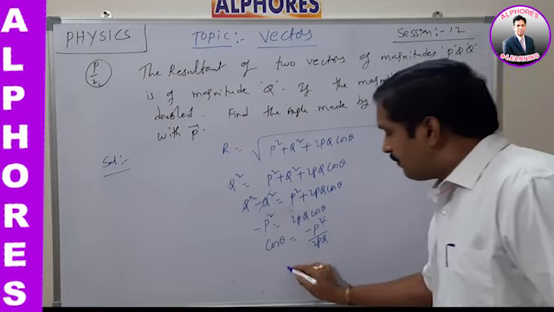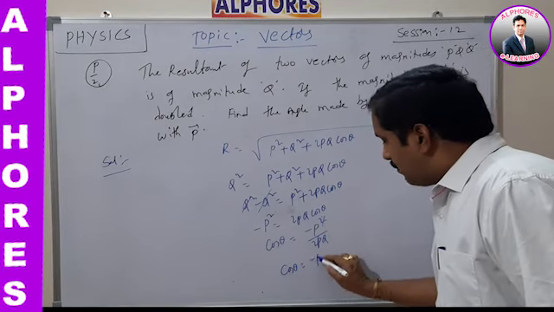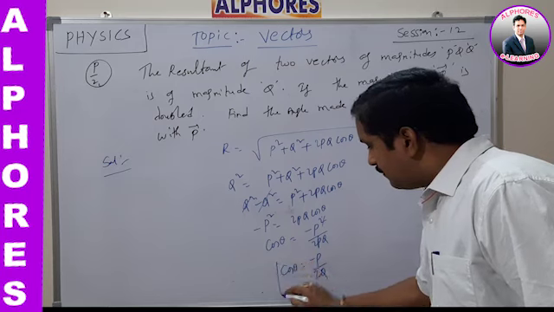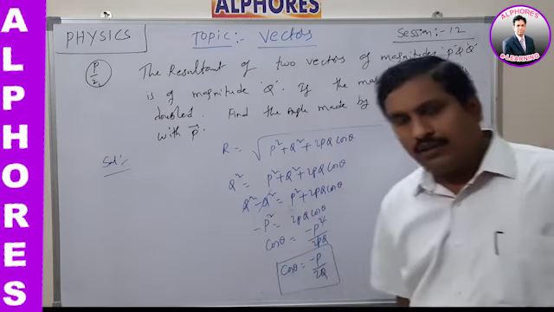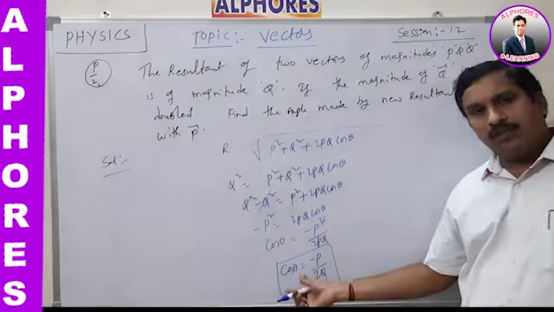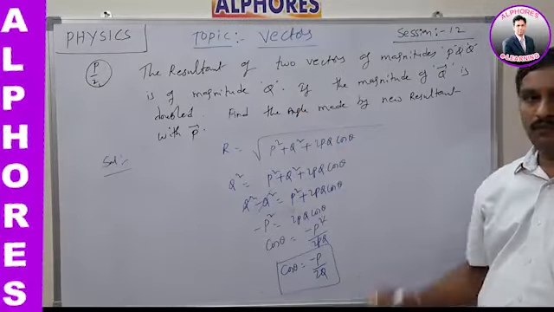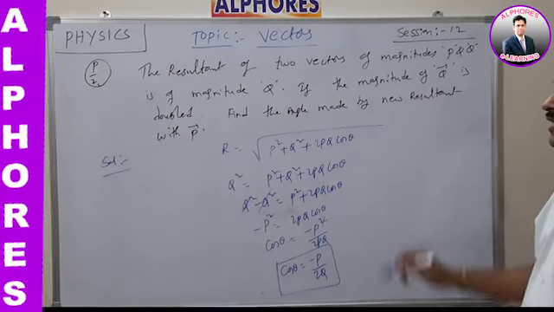That means how much it is? Therefore finally cos theta is equal to minus p by 2q. Okay, cos theta is equal to minus p by 2q. So this is the method to find the angle between the two vectors by taking the first condition. Okay. Now what about the second condition here?